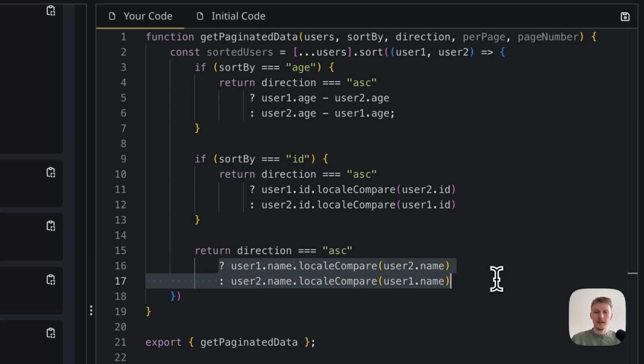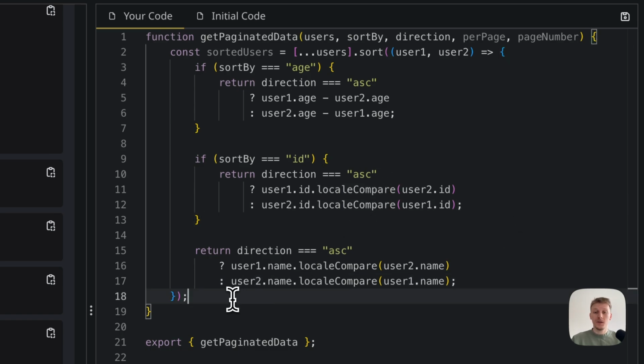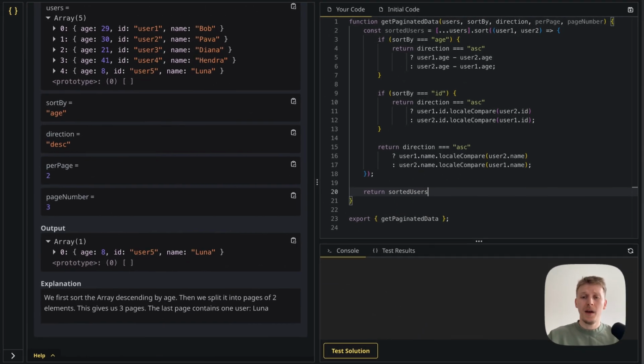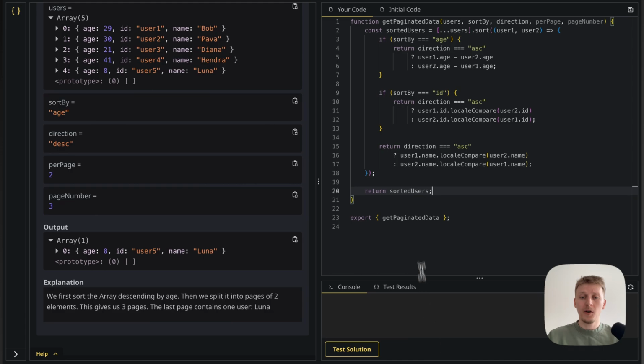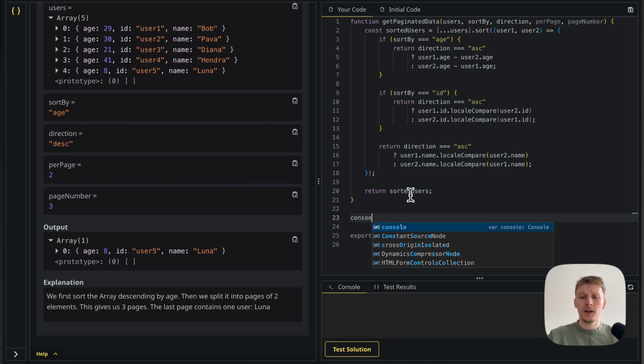And let me just, I don't really have a formatting here, so I'm just going to have to format it manually. Okay, so now that we have the sorted users, let's test that we have done the sort correctly. So I'm going to return the sorted users, and then I'm going to say console log getPaginatedData of